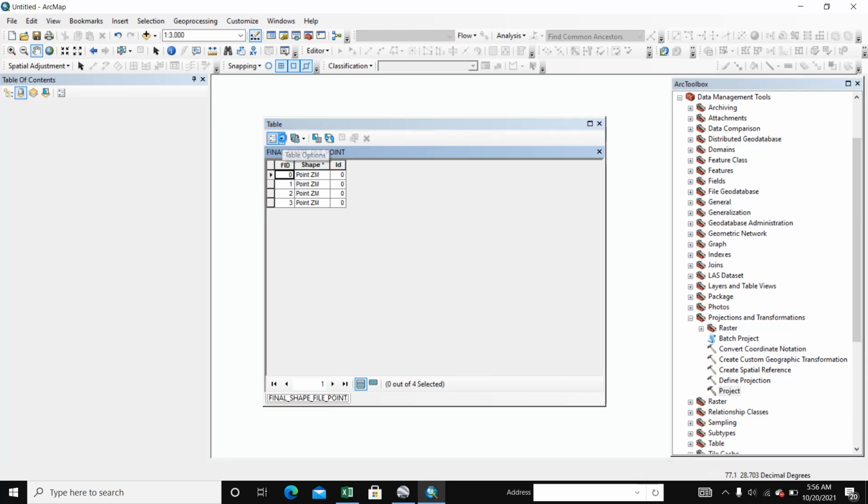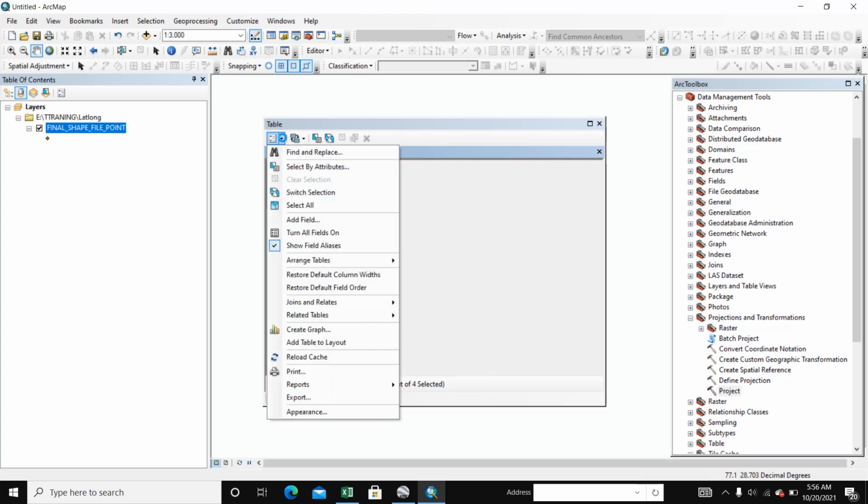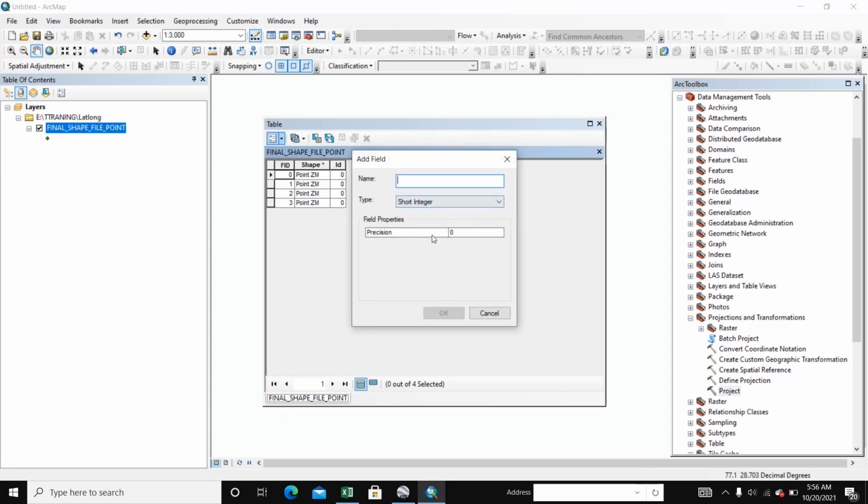We write the field name, add field, X coordinate, and select text.